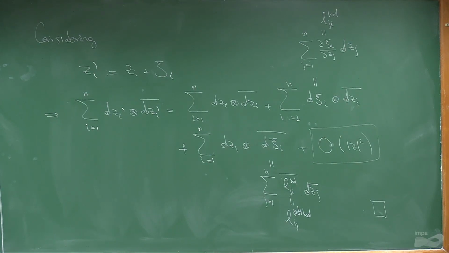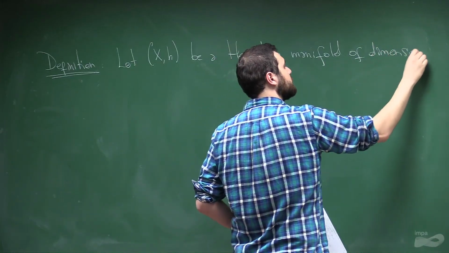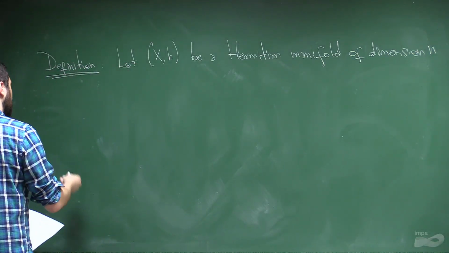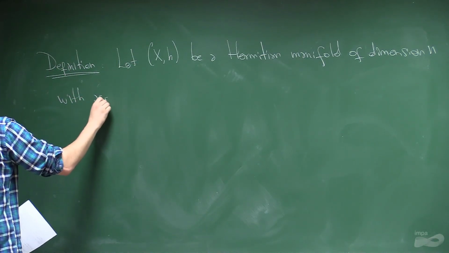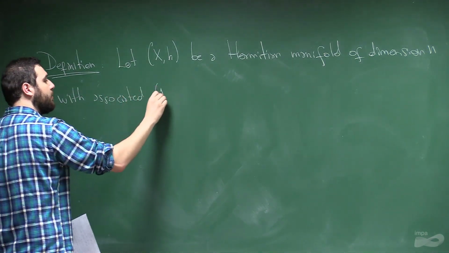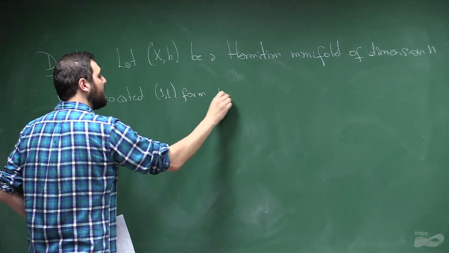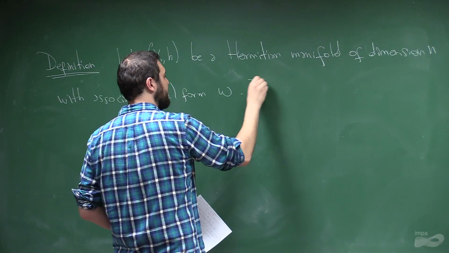Okay, so now I will introduce another operator that I haven't introduced before. So definition. Let Xh be a Hermitian manifold of dimension n, with associated 1 form omega. Okay, then the Lefschetz operator